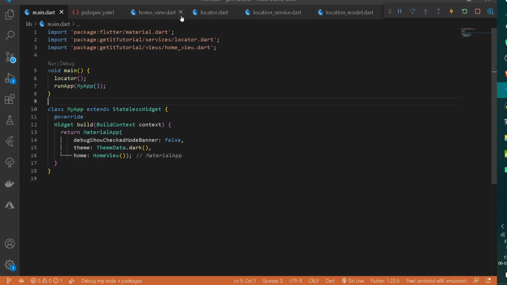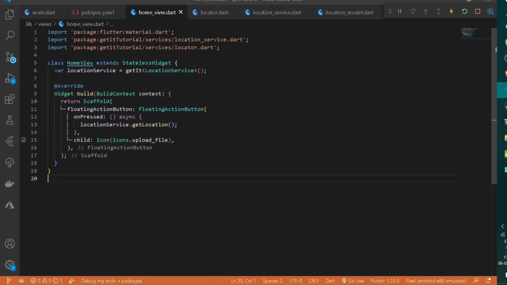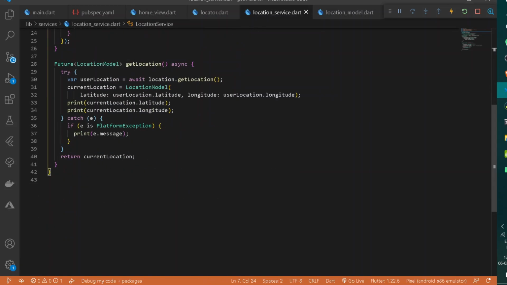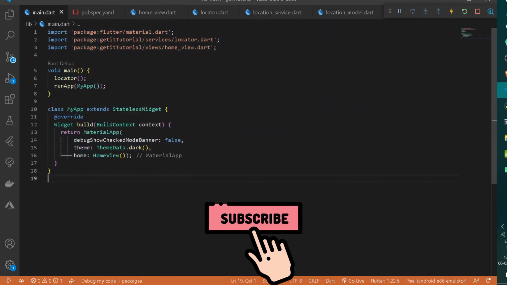We can go under our main.dart file and here simply call our locator under our main method, and after that we can simply go under our view where we need to get the instance of our service, and here we need to get the instance of LocationService. So we can simply write GetIt with the type LocationService, and that's it. Under onPressed, we are simply calling locationService.getLocation, because getLocation gives us a future of our data, that is the current location latitude and also longitude. So in this way you can simply use GetIt for getting all of your service instances, under the type of service locator.